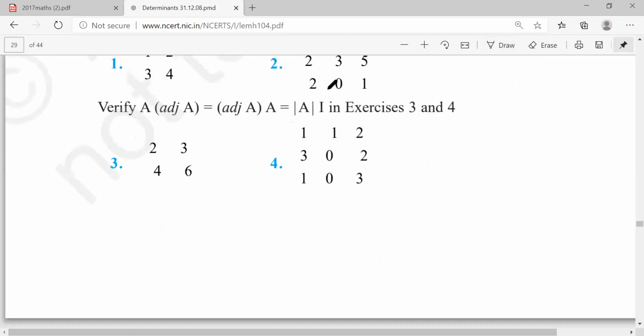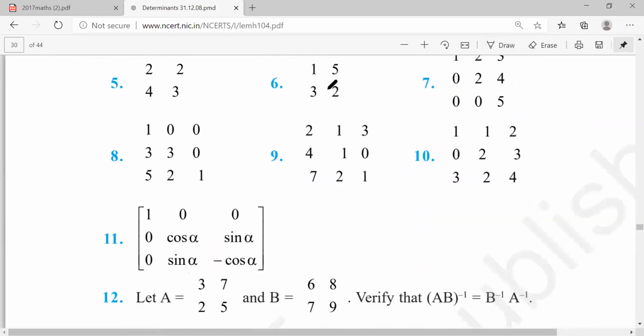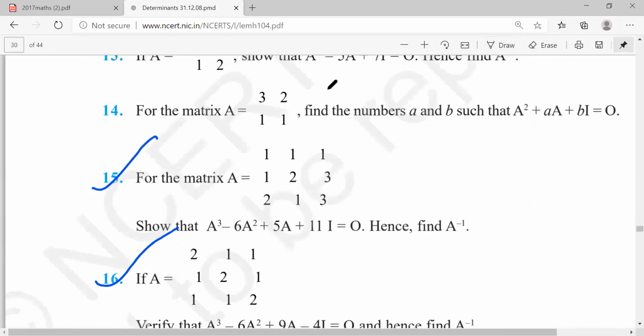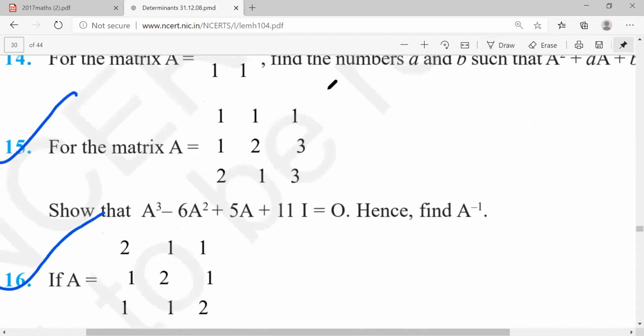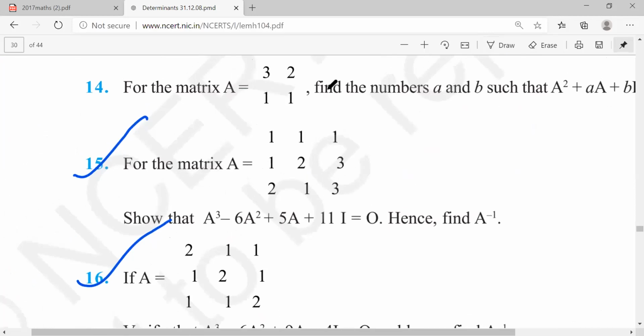If you've done that, then I want you to do this. The 15th question. Please try this and let me know the A inverse answer. First, you should show me that this is the thing, and then find the A inverse answer. And very good to all the guys who just sent me a screenshot.